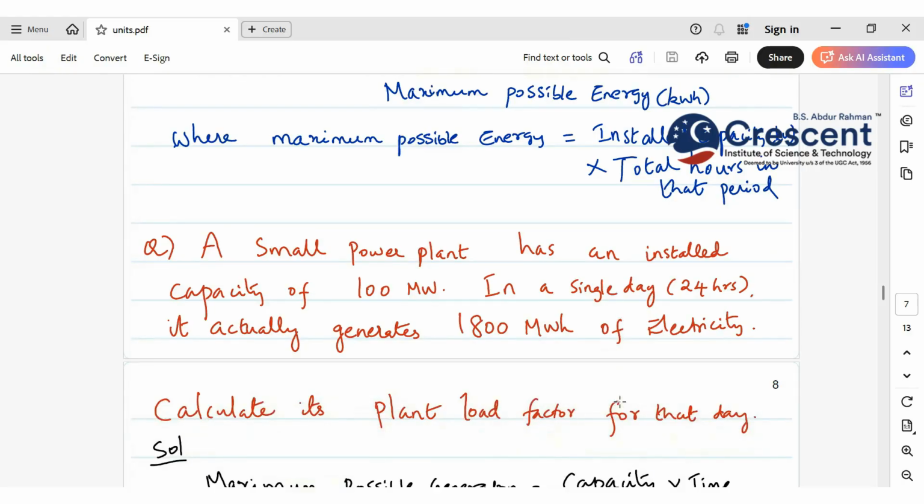A small power plant has an installed capacity of 100 megawatt. In a single day, meaning 24 hours, it actually generates 1800 megawatt hour of electricity. Calculate